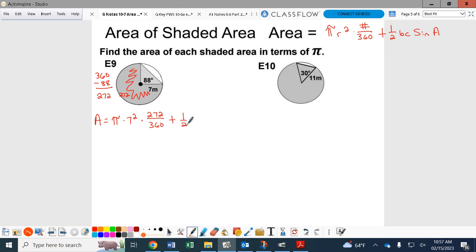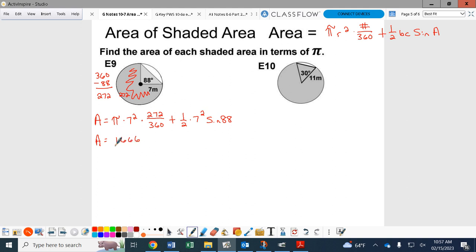BC, guys, it's just the 7 and the 7, so it's 7 squared times the sine of what? 88. Nice. Okay, guys, do the multiplication. I think we actually already did this one time before. I think it's on one of the first examples we did. Is it the very first one? So is that the